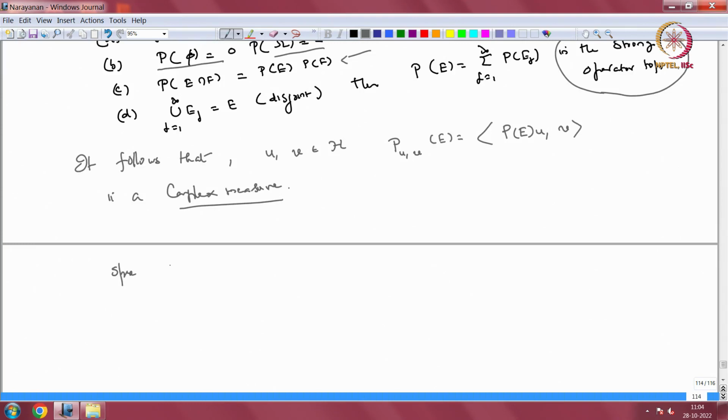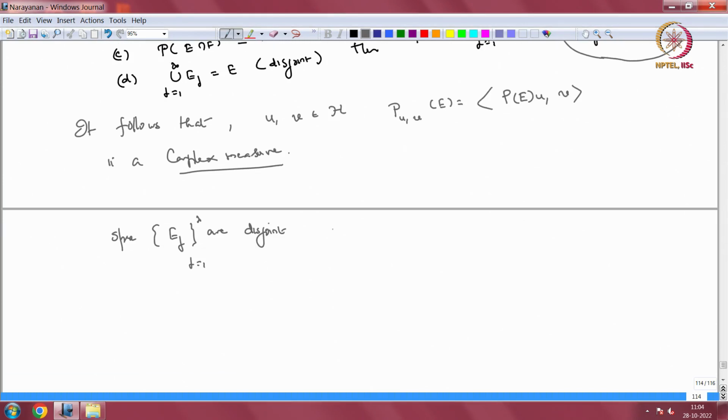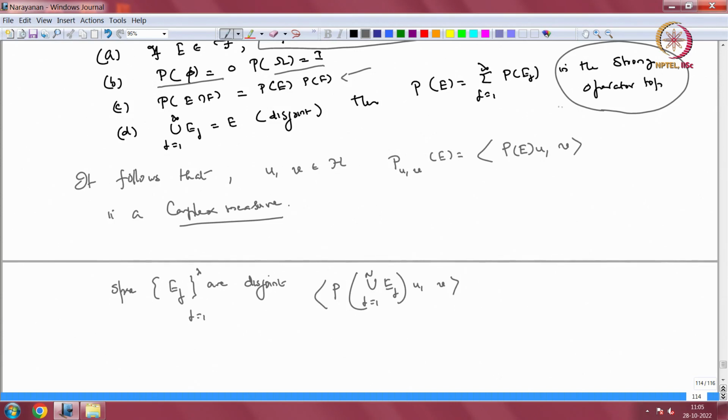So, suppose E j are disjoint, j equal to 1 to infinity. Then I want to know what happens to P u v of the union of E j, right. Let us take finite union first, j equal to 1 to n. If I look at P of the union of E j, u inner product with v, this is of course going to be, because of whatever we have here, the finite sum, equal to summation j equal to 1 to n P E j u v,